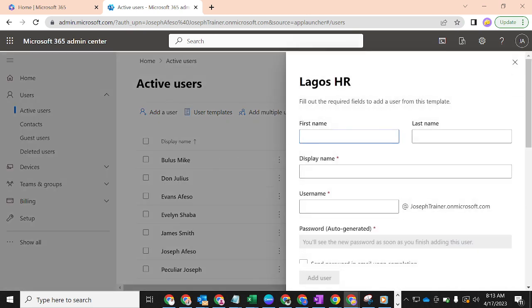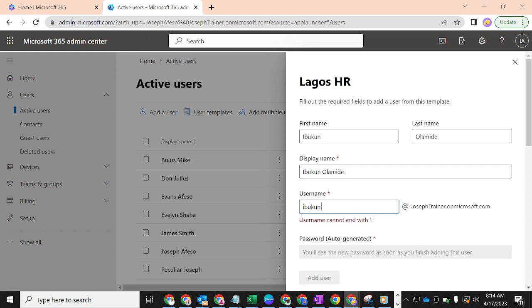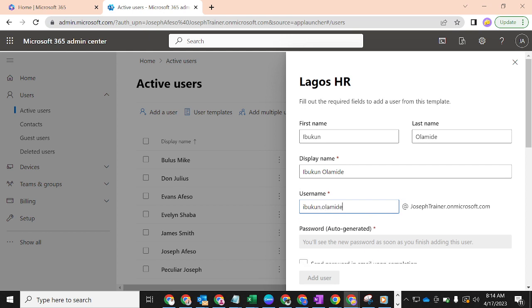So we just have, who do we have now? Let's say, okay, let me do this. Okay, Olamide Bekun. Olamide, this is you actually, Olamide, who just joined the team, and this is his name. And then this is a dot Olamide